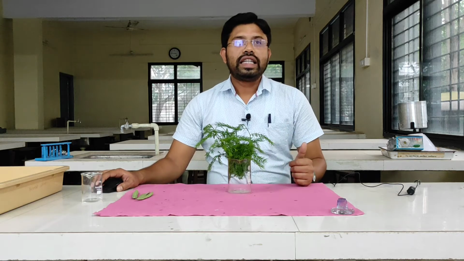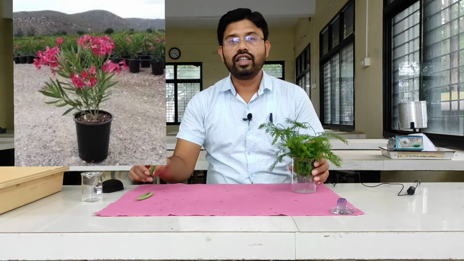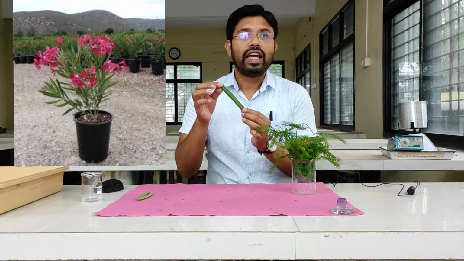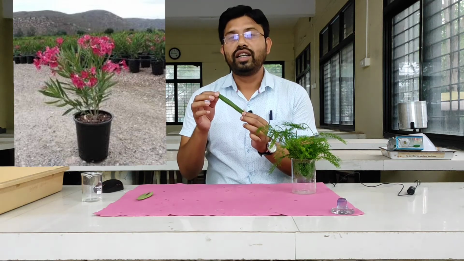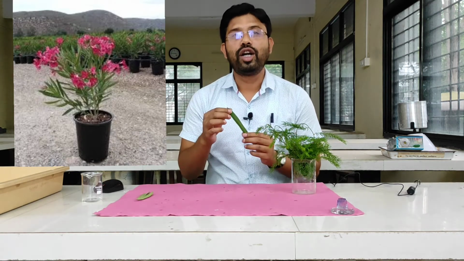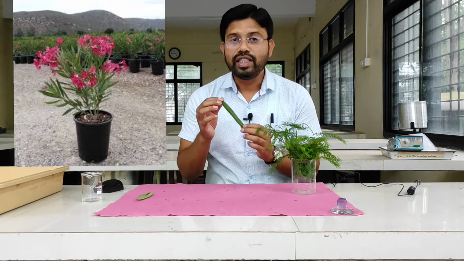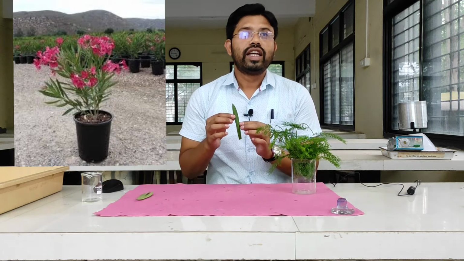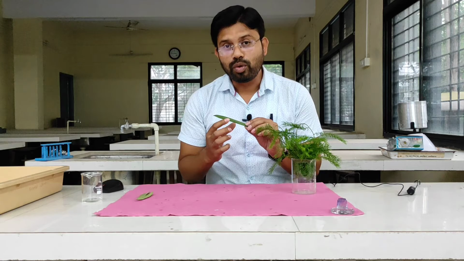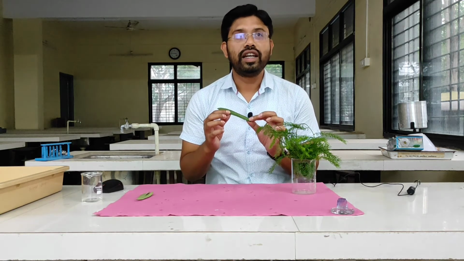The other plant that we will take among the xerophytes is Nerium. So this is the leaf of the Nerium. The complete name of the Nerium plant with species is Nerium indicum, which is available in our particular region. If we talk about the morphological characters of this Nerium plant, then the cuticle is present on both the upper and the lower epidermis.